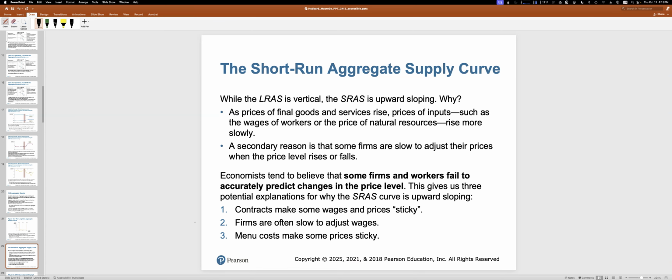So if things don't change that quickly, maybe because there's a contract. So for instance, I'm in a union and I have a labor contract. My labor contract just got signed and it commits my wage for the next 2 years. Now, what that means though is that if there's rampantly high inflation, my wage is not going to change. It's sticky, at least for 2 years. Now, eventually it will become unstuck,